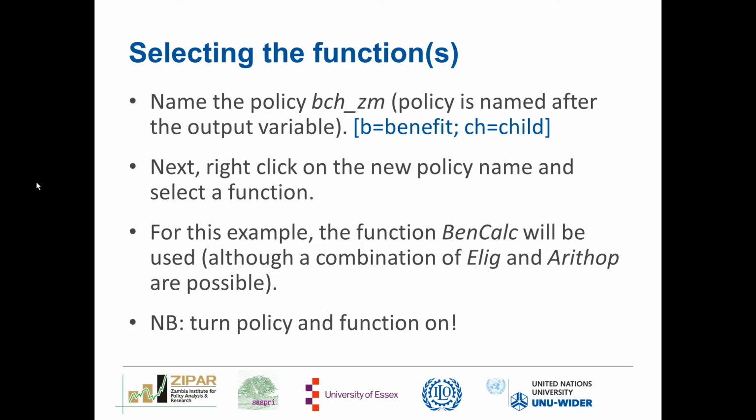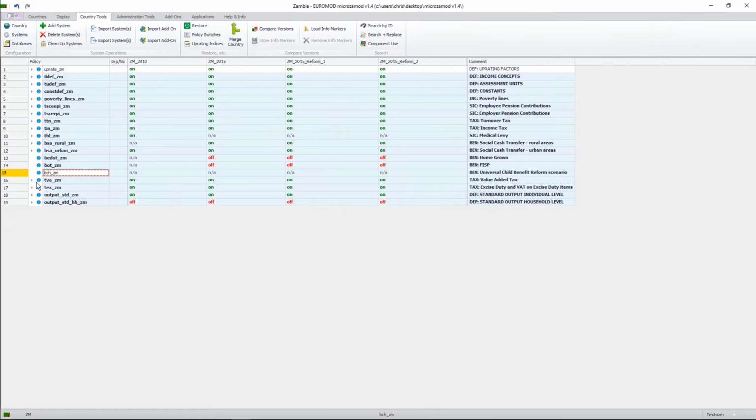Next, we right-click on the new policy name and select a function. In this example, we're going to be using the function benCalc, although we could have also used a combination of elig and arithop. Then, most importantly, we have to turn the policy and the function on, otherwise the model won't run it. So if we go back to our model,